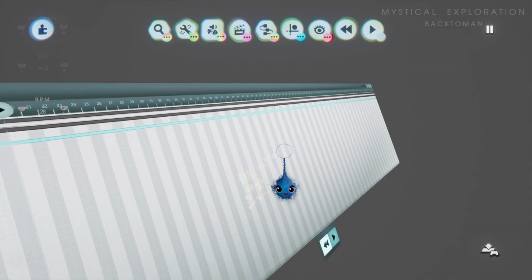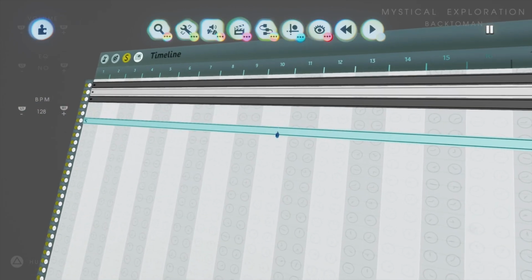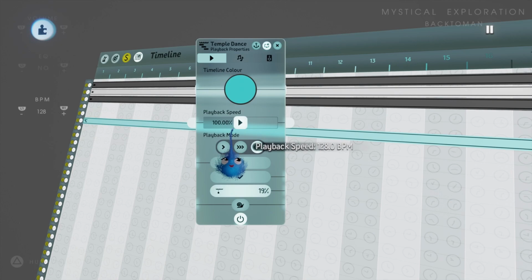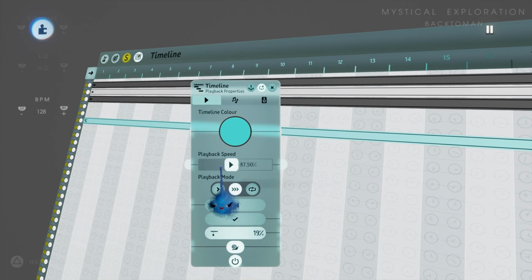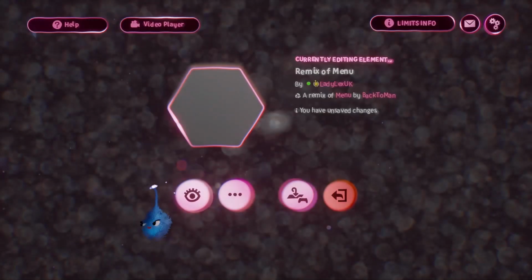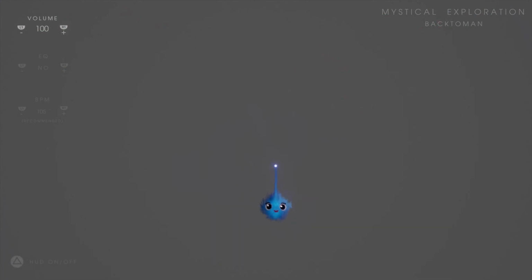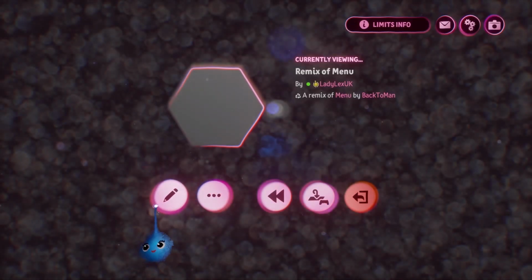So the easiest way, my piece of music is actually played at 120 beats per minute as a normal rate. So if I look at mine, it's got a playback speed of 100%. But if you look at the default timeline in the microchip, this is running at, whoops, it's running at 87.5. So if we just change it to 100, now it's playing at the correct speed, but it's saying it's 105 beats per minute, which it isn't,